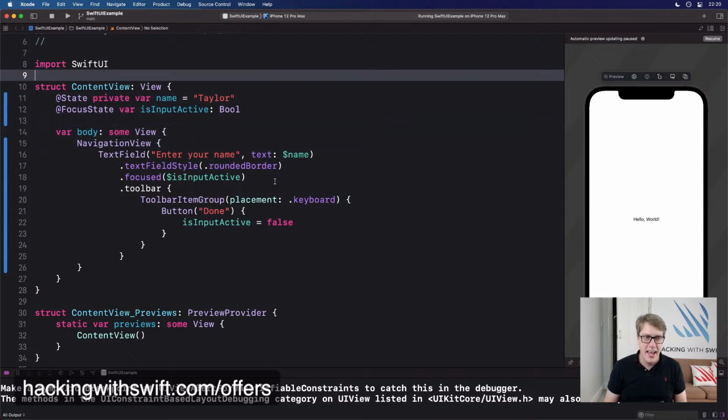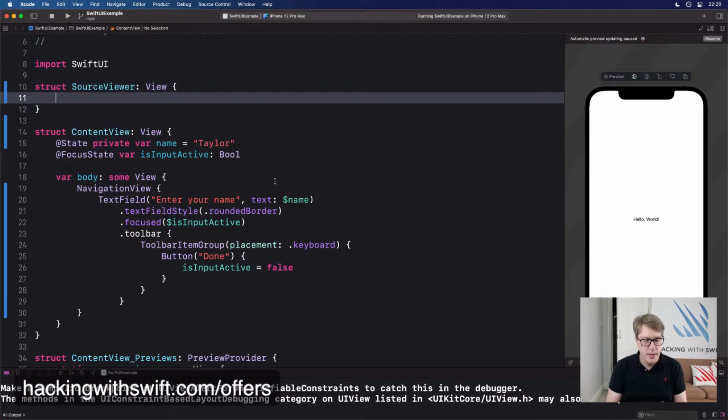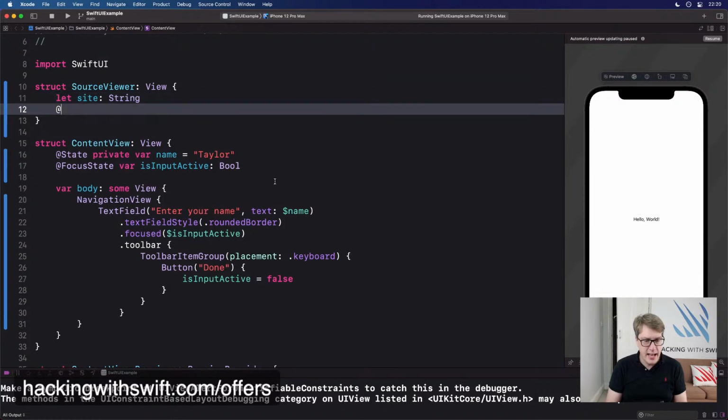We could make a little view source application to view the source code of websites by saying something like there is a SourceViewer view. It takes a site string, which site to show. There is @State private var sourceCode. I'll just do loading,